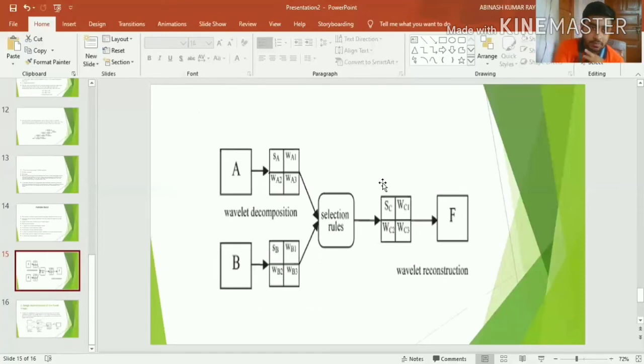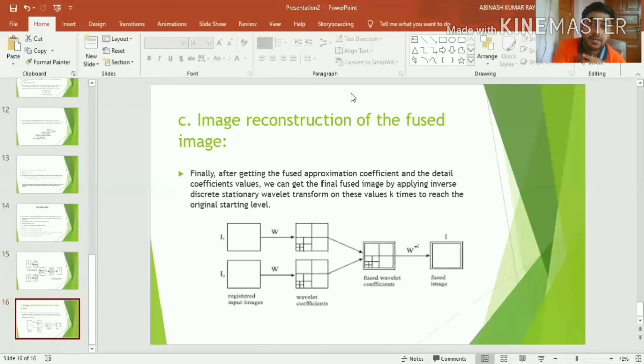Then comes the image reconstruction phase, which is how to get the image back by applying inverse stationary wavelet. Finally, after getting the fused approximation coefficient and detail coefficient, we get the final fused image by applying inverse discrete wavelet transform.